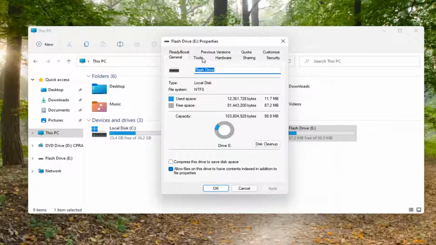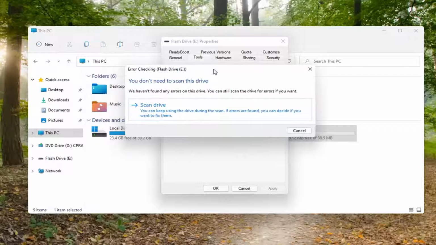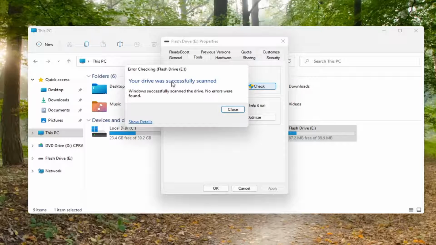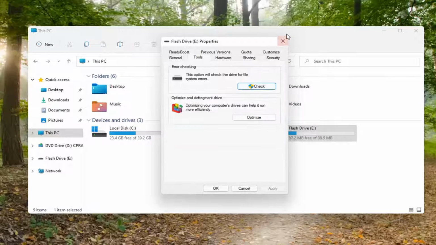Select the Tools tab, and then underneath Error checking, this option will check the drive for file system errors. Go ahead and select Check. So go ahead and select Scan drive. It might say if it has detected anything or not, and that's about it. So pretty straightforward